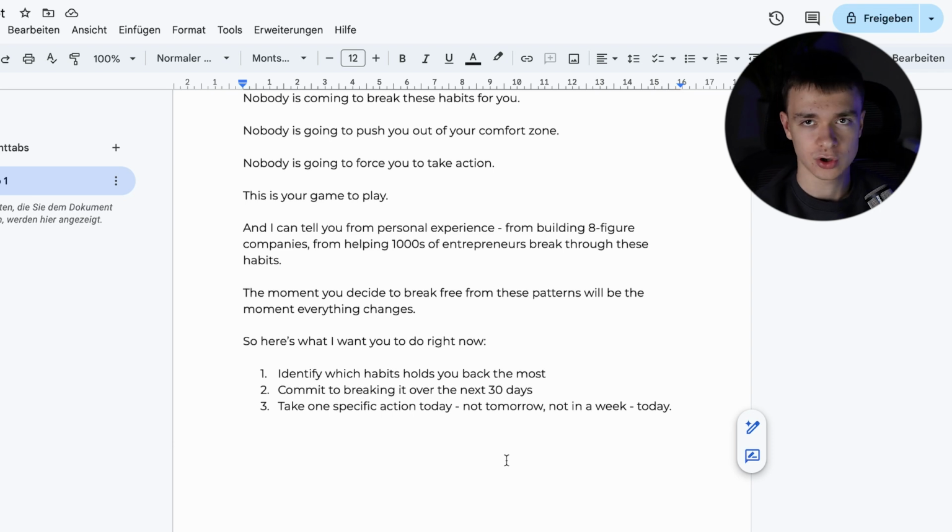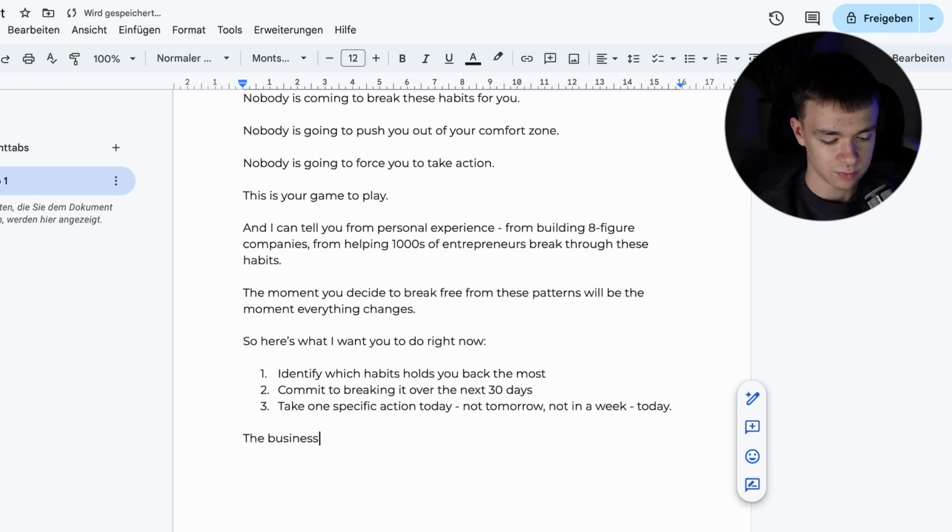Now we want to give another call to action, but not by selling something, but by pushing them to another video. And now we just first of all transition to that call to action by saying, the business growth you want, it's there. Then basically we just continue the saying. It's basically a transition to the next call to action.